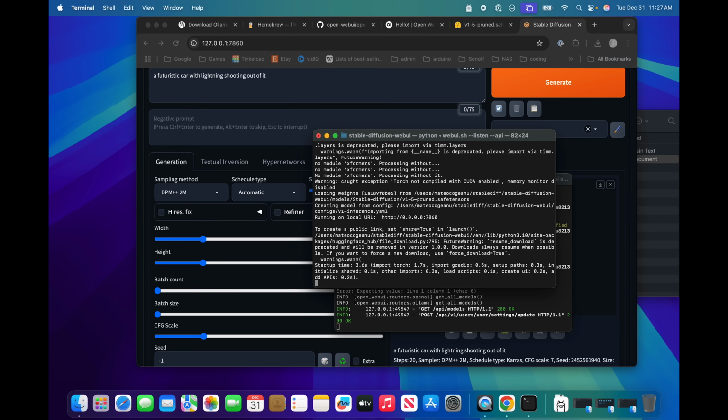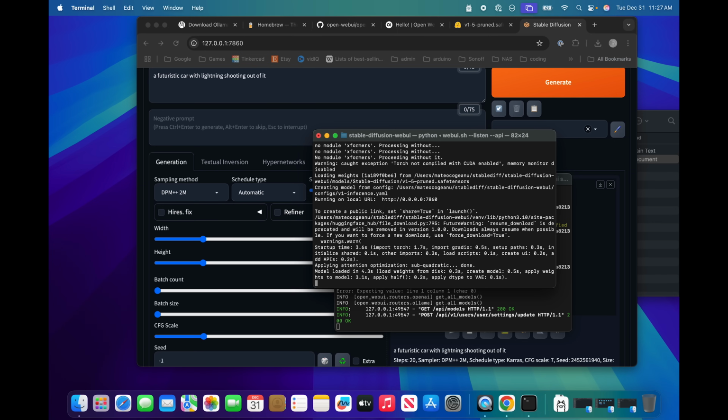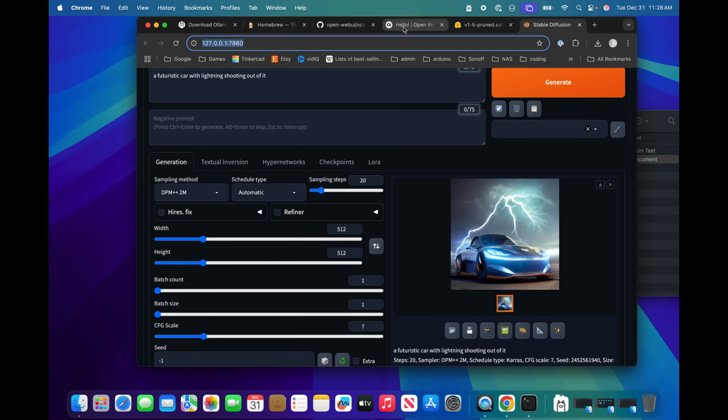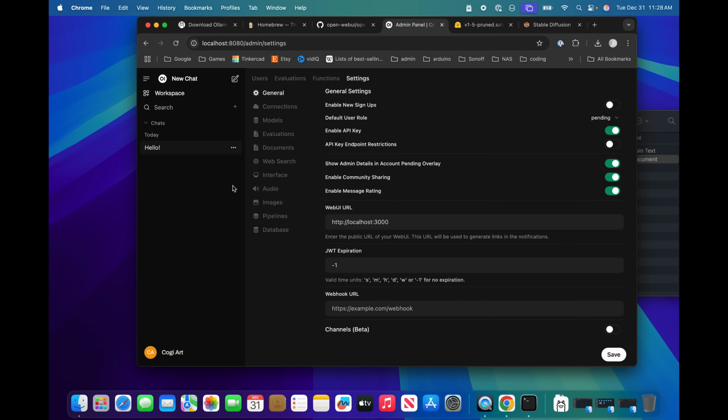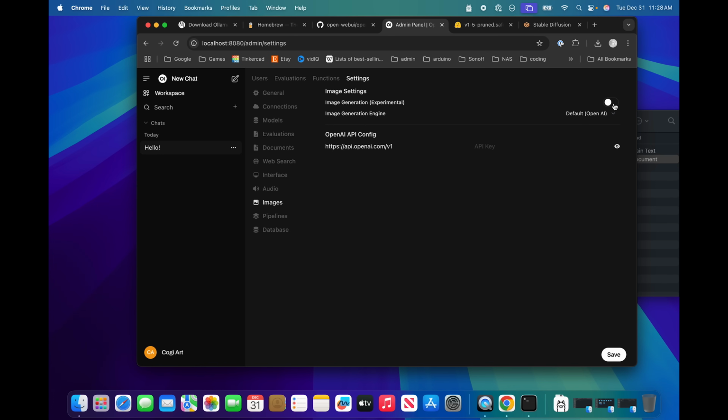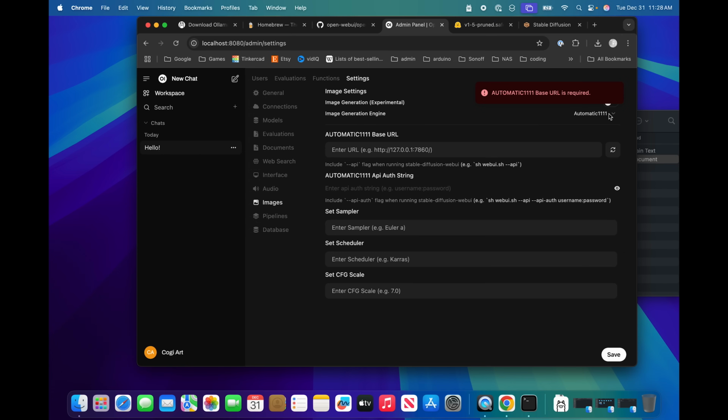And now I think it should be soon, it will be waiting for someone to connect. I guess it's okay. Let's copy this IP, go to Open Web UI, the settings, admin settings, images, turn on image generation, or no, Automatic1111. Okay, the URL. Here, refresh, server connection verified, turn it on, default model, this one, save, and now let's start a new chat.